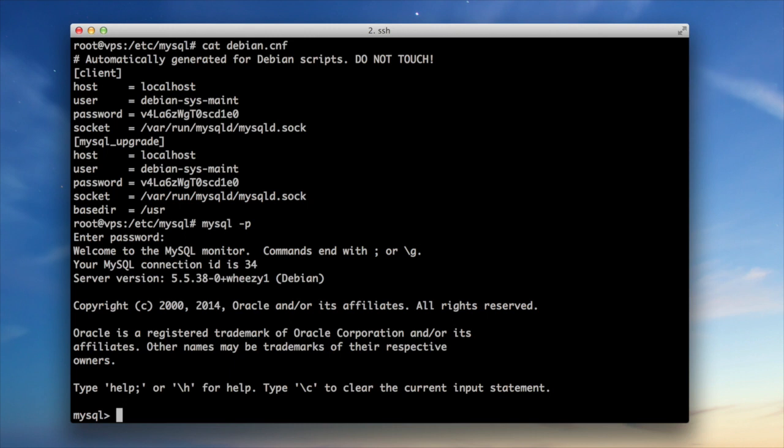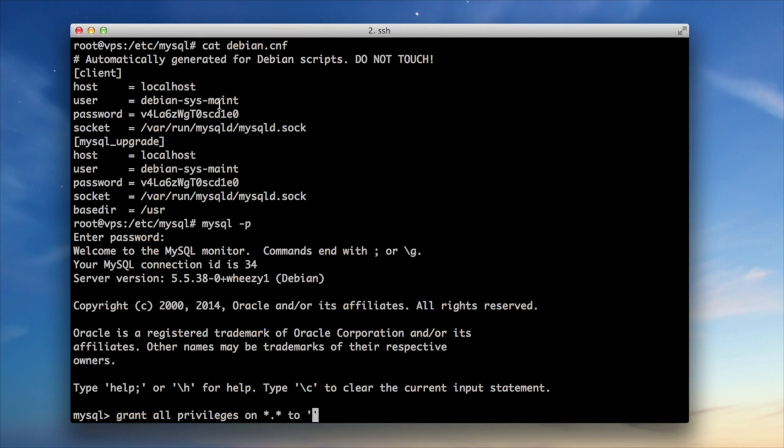We have to grant all privileges because we want to manipulate MySQL. So grant all privileges on *.*. Star is a wildcard. That means we are giving privileges for all databases, all table names, to